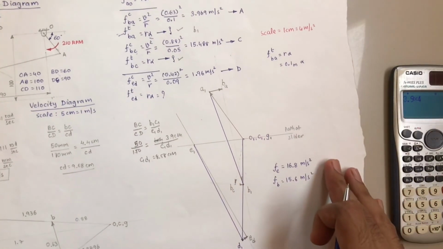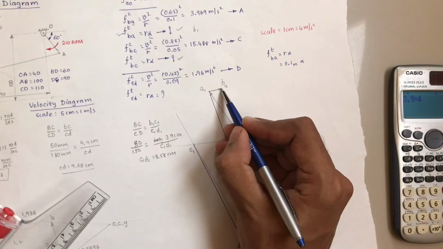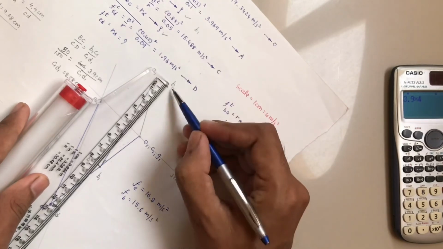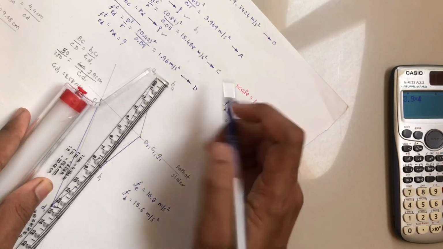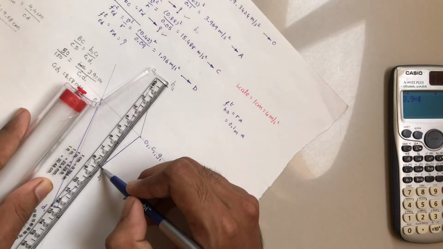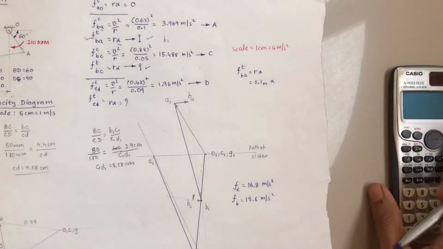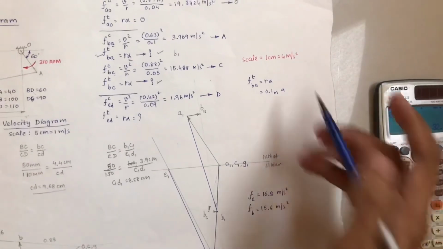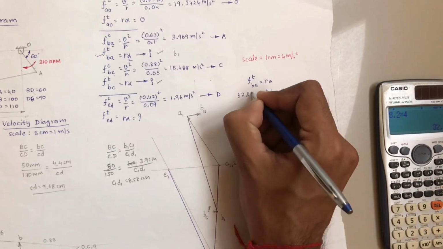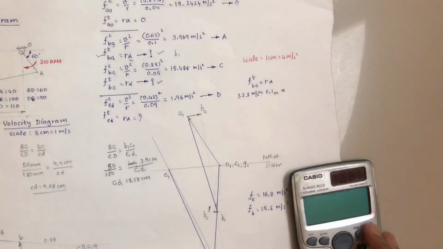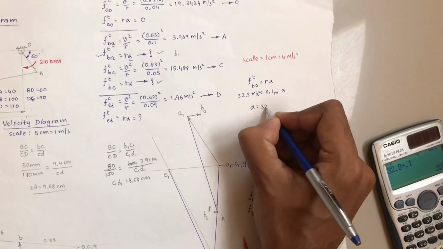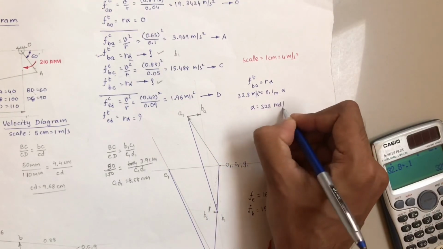Now where is that tangential component? This one is the centripetal component and then the tangential. So let us measure the distance from B suffix A to B1, that is actually the representation of the tangential component, 8.2 centimeter. So using the scale it is 8.2 multiplied by 4, 32.8 meter per second square. So finally the answer is 32.8 divided by 0.1, 328. So alpha will be 328 radian per second square.